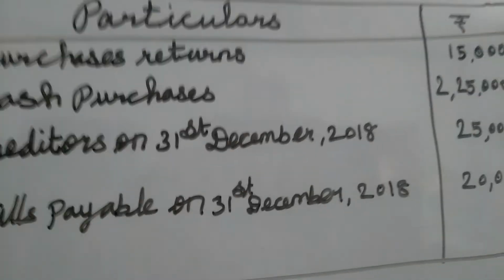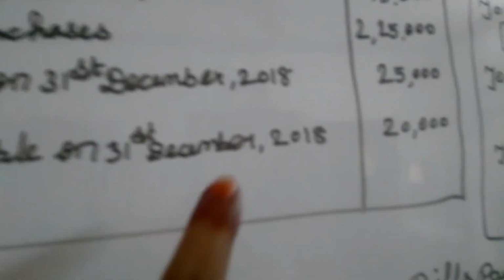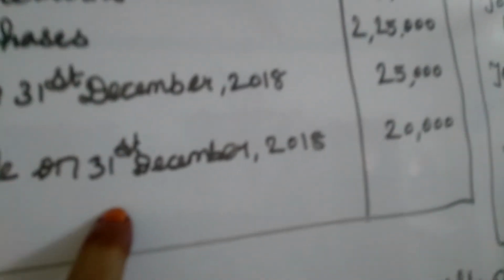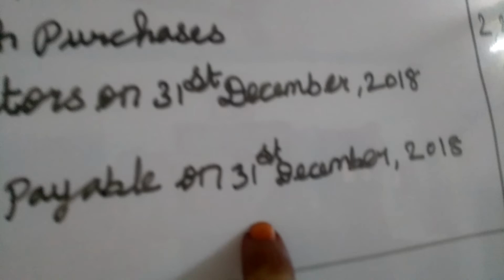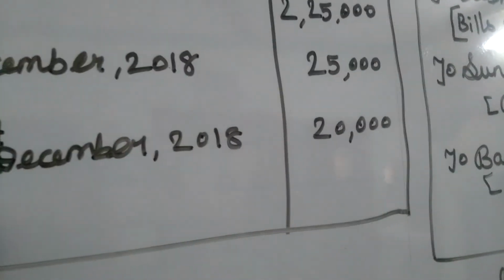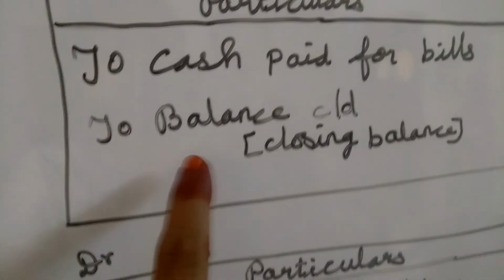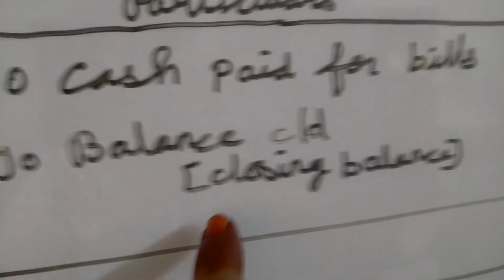And the next one, see the sum. Any information regarding bills, see the last one, bills payable on 31st December, closing bill value. So opening bills value we already showed on the credit side. So closing bill value we want to show on the debit side. So take this figure and carry it to the debit side. So to balance carried down, like that we want to write. In the bracket, for your understanding, you write closing balance. Okay, how much?